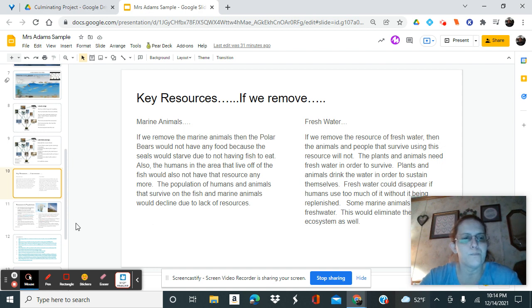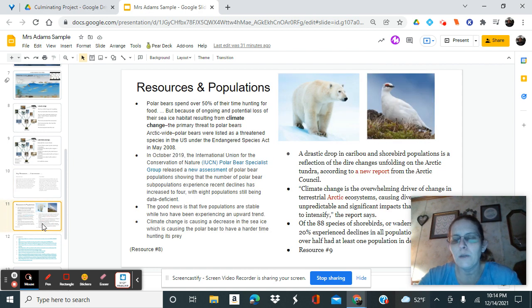Rubric number 6. Then rubric number 7 asks, how do resources affect a certain organism? So then I went and you can see I cited my resources because I got this information from the internet. So again, I picked polar bear, and then there was another, this is a shorebird. So there are 2 organisms whose populations are being affected directly because of the climate change in the